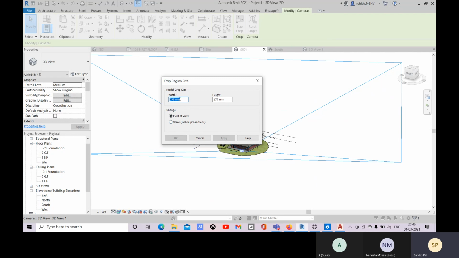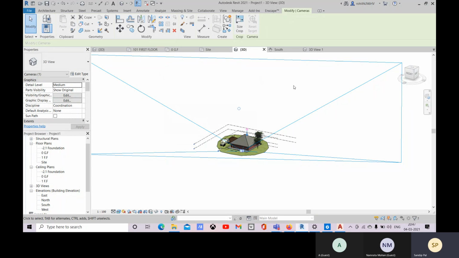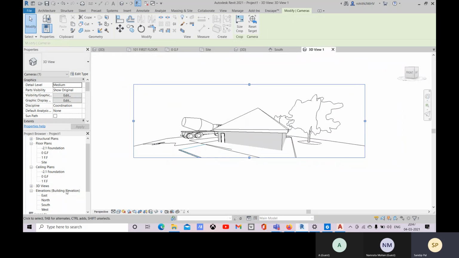If you change anything in the width, it will keep a proportion with the height, so accordingly the height will also change. Here you can change the width and the height of your field of view with this option, or else you can come to this 3D view.